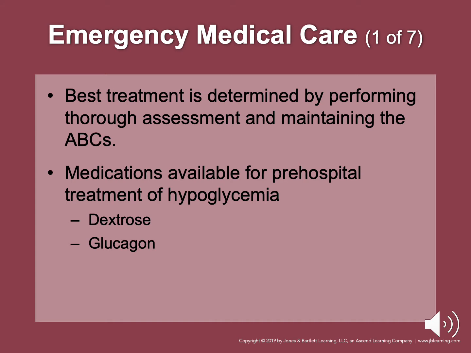Medications available for pre-hospital treatment of hypoglycemia include dextrose, in different forms: D10, D50, D25. This is given only when the patient is hypoglycemic, meaning a low dextrose level. Your local system will determine what level you treat at. North Carolina locally is at 70 at this time, with appropriate signs and symptoms.